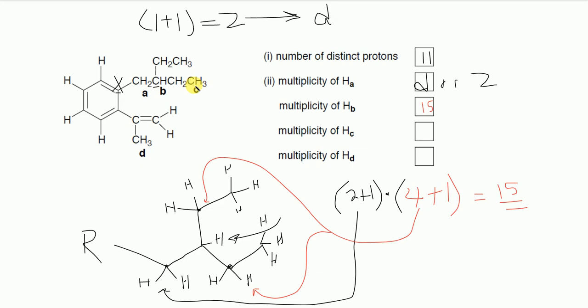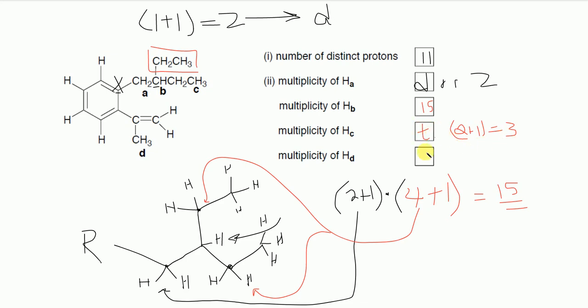For this one, you do not add them together, okay? It's different when I'm looking at carbon, this carbon B, and I'm looking at what's around it. That's when I add things up. But when I'm specifically looking at the individual group itself, I'm not going to have to multiply them together, okay? I'm looking at what's around this carbon right here, and what's around it is just this CH2 group. And so this CH2 group is the only thing that's there. So it's just going to be 2 plus 1 for this, and it's going to be 3,